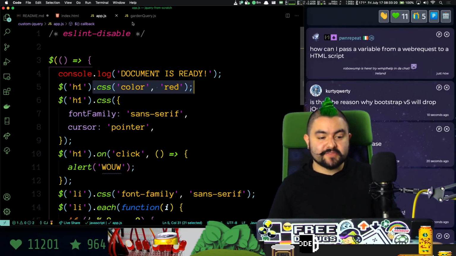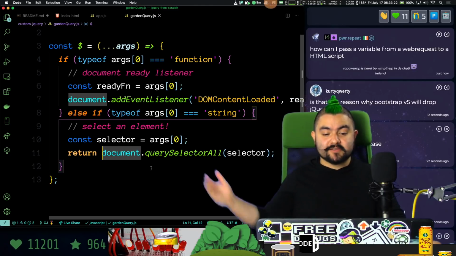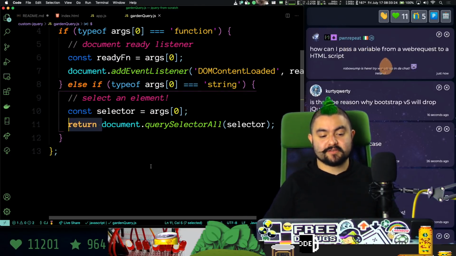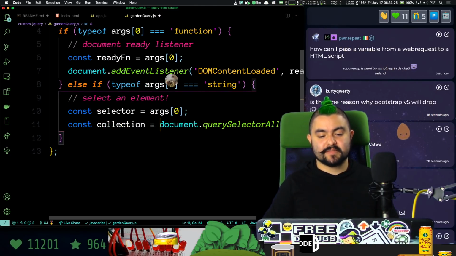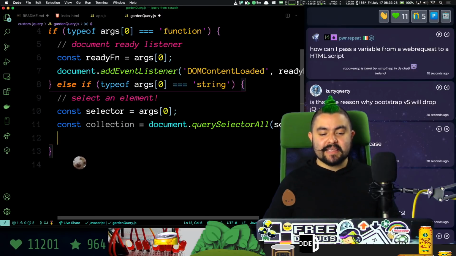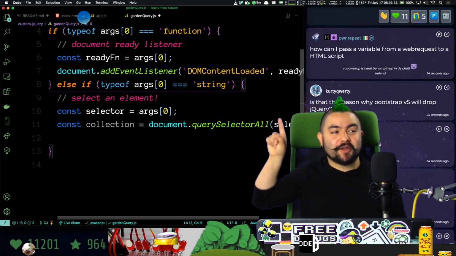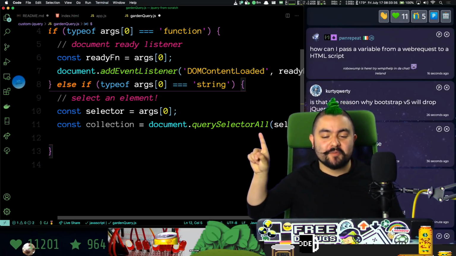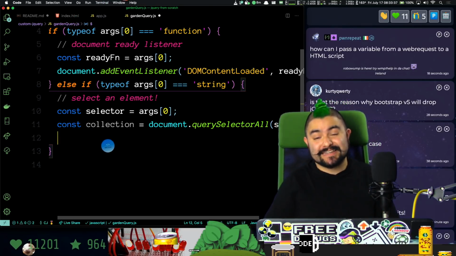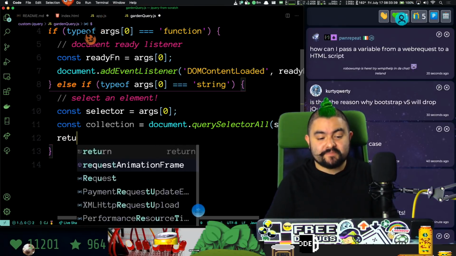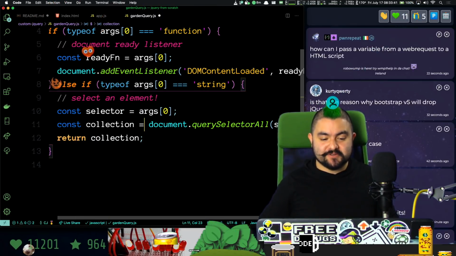Now, how can we get this working? Basically, this querySelectorAll is a collection. So we'll call this the collection. And I mean, this is a NodeList. So if you look up querySelectorAll on Mozilla Developer Network, it'll tell you that it returns a NodeList. And technically, it's just a JavaScript object. So we can attach properties to it. So I'm going to say